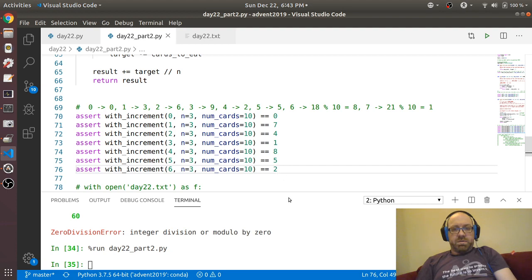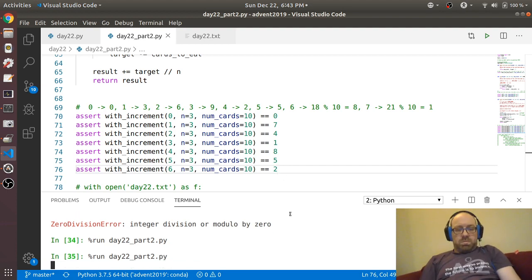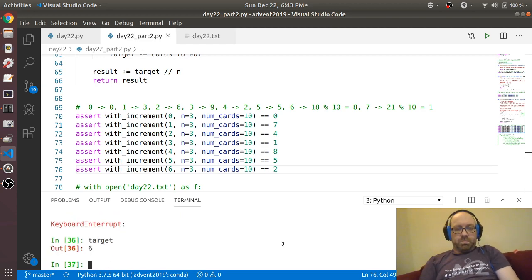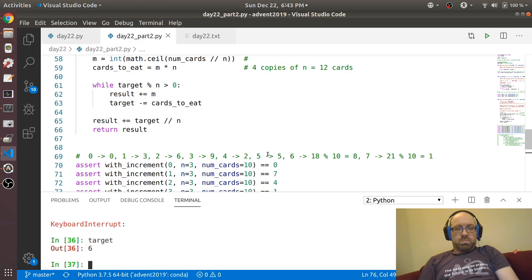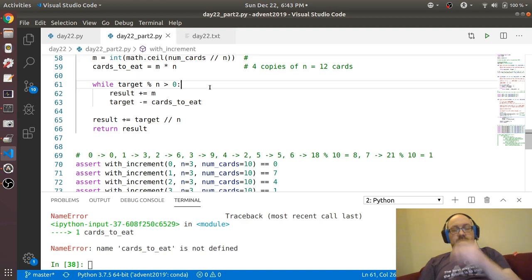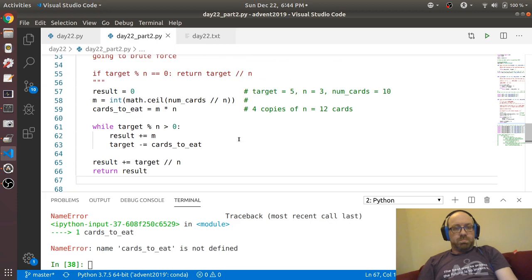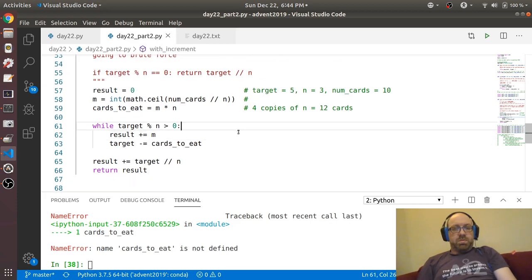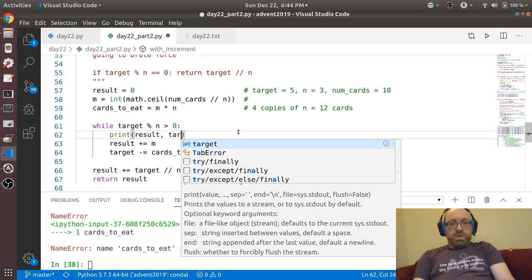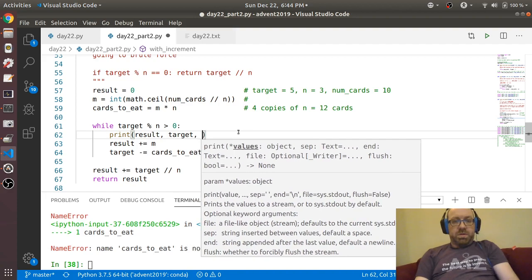So let's, okay. Okay, so print result target